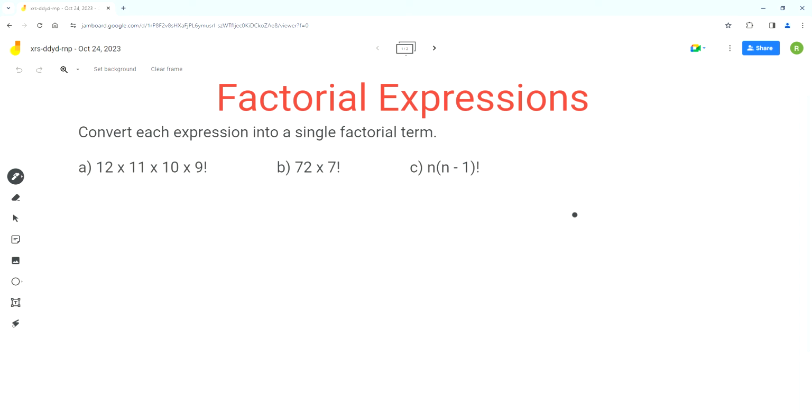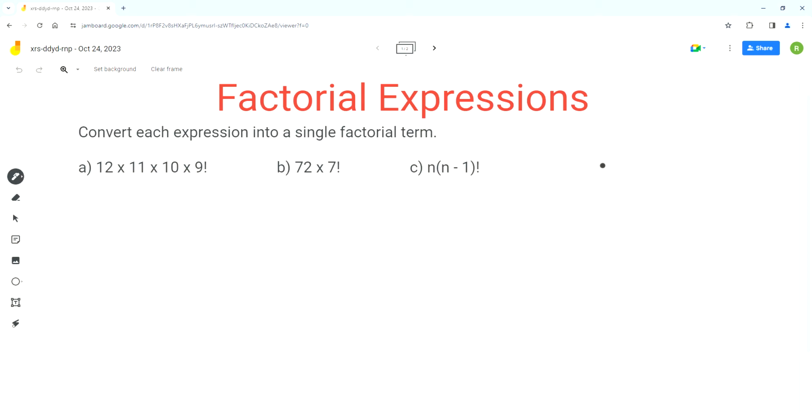Hello everyone. In this video, we'll solve this problem based on the concepts of factorials. Now in this problem, we have to convert each expression into a single factorial term. Before we get started, I just want to go over some basic concepts of factorials that will help us